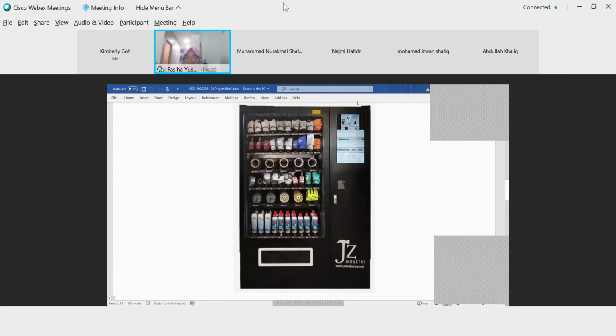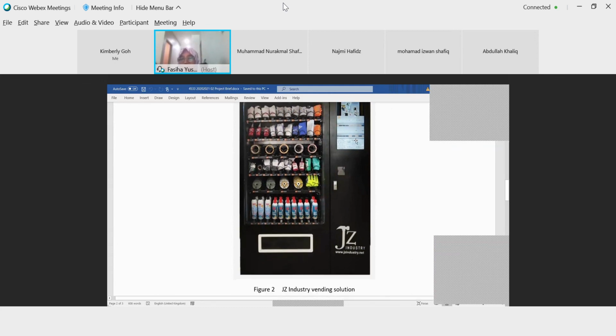If you see in the machine here, this is the control panel, and this control panel is connected to the control system, where all the orders and all the inventory are managed.